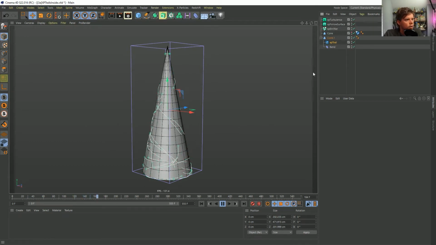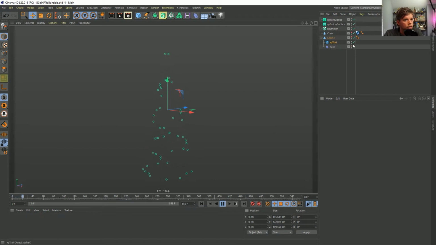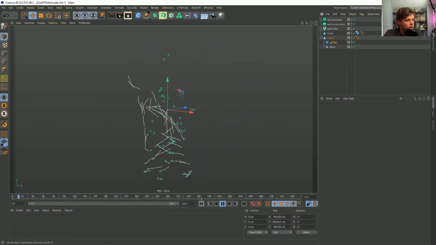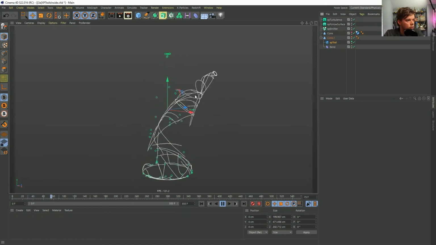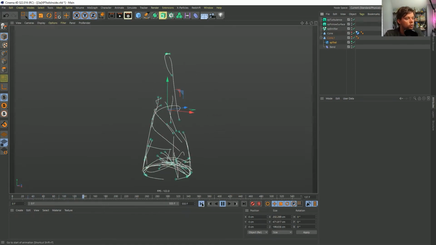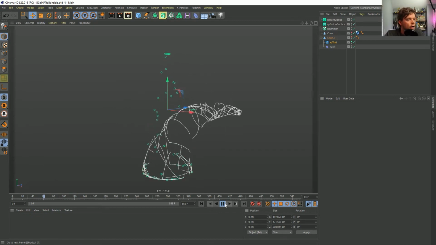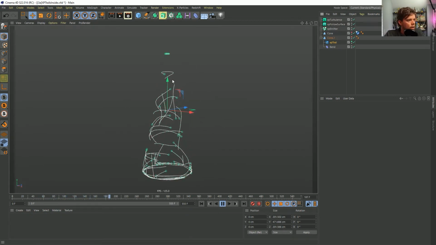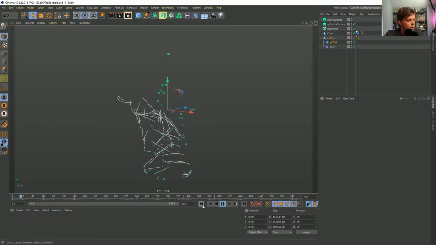But the problem with this, and we can hide, yeah, we can hide everything now. I guess not everything. You can see that, yes, this will deform. We don't care about the particles. All we care about is the final line. And essentially, that is doing visually what we want it to do. The problem is that we cannot deform these trails